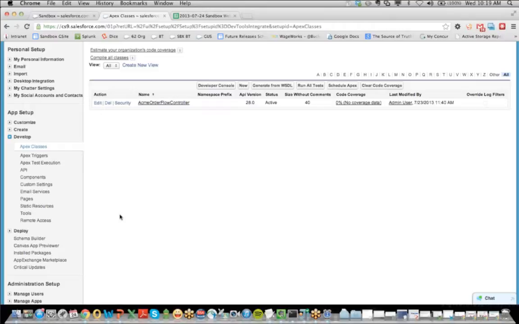This allows the sysadmin or release manager to control the release path and movement of code and configuration between each org in their Salesforce universe. So these deployment connections are very useful when you have multiple sandboxes at your disposal. So let's show you the